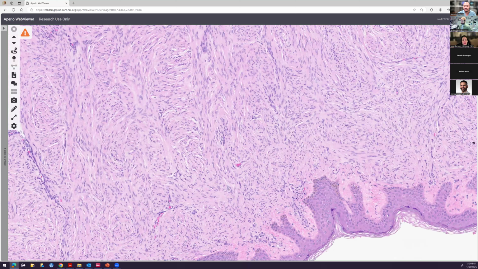Here's more of that storiform pattern forming, by the way. What's the big differential? Dermatofibroma on the lower end, and then on the upper end is sarcomatous transformation. Right, so dermatofibroma, also called benign fibrous histiocytoma, which we'll talk about in another lecture for sure. We'll go into more of it, but DF is the main one, and generally it will have very similar appearance